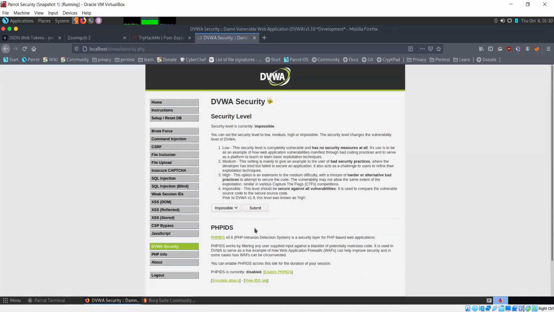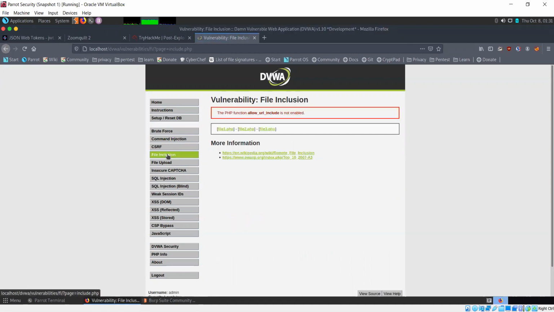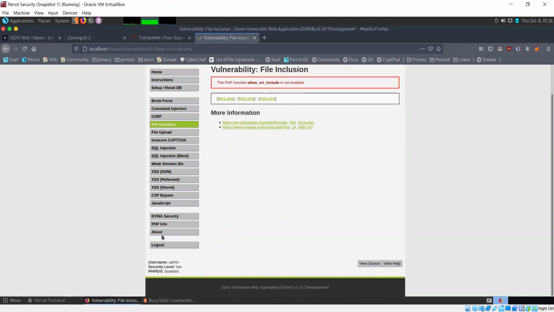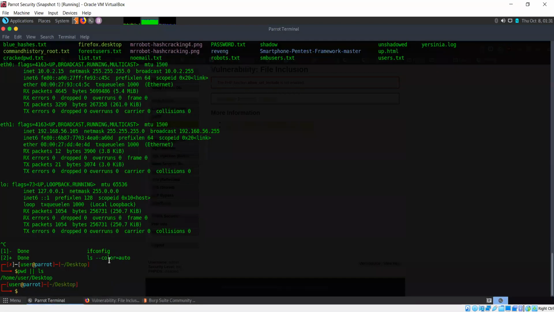So, allow URL include is not enabled. Strange. Let me check. I never disabled it.